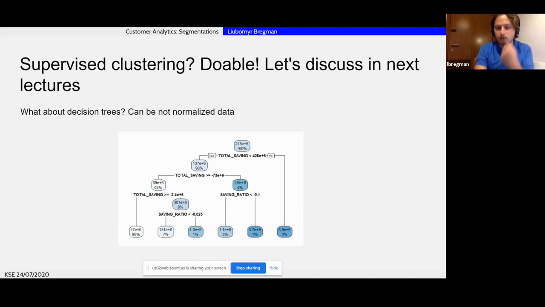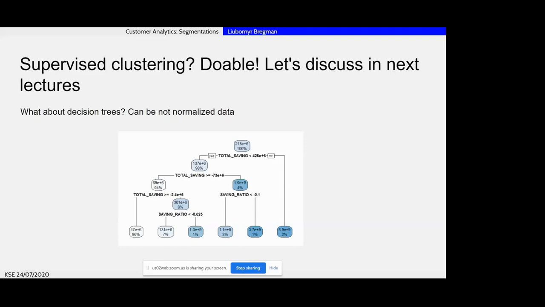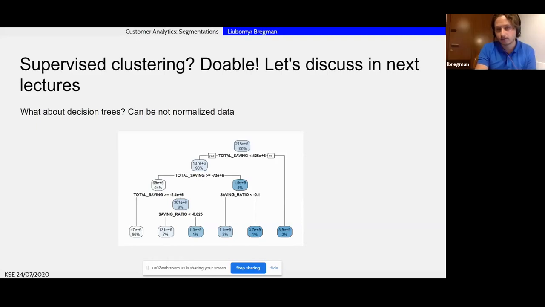I hope I'm answering the question, but basically the algorithm checks all possible thresholds. Not all, but it automatically detects, let's say, 10 randomly picked thresholds, or as defined by the user.